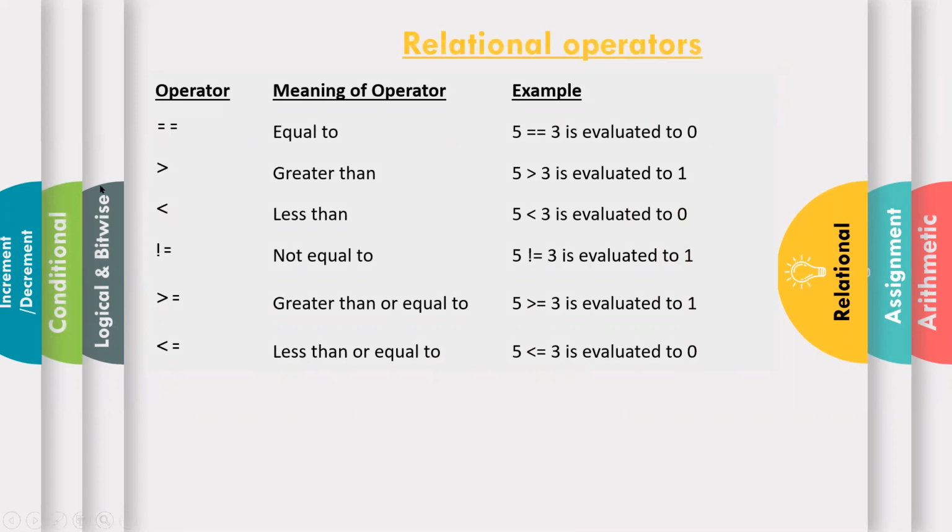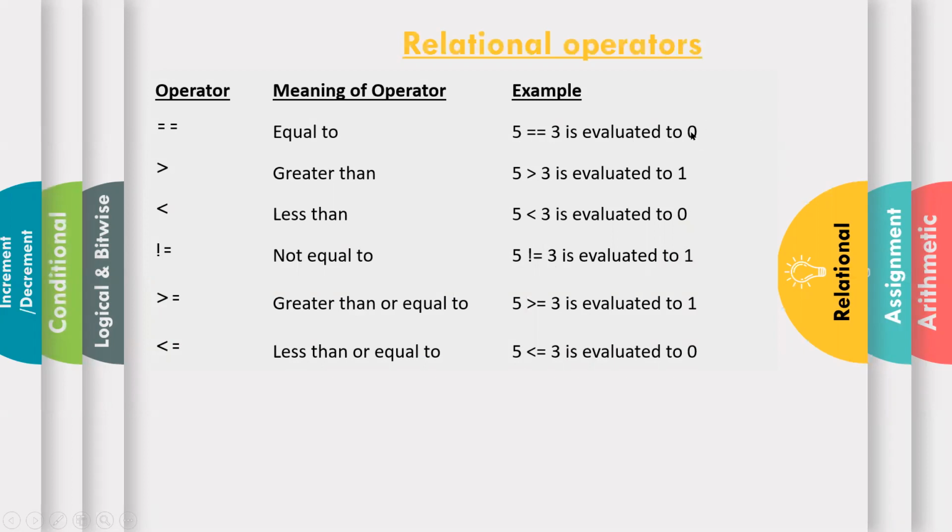And the remaining operators you know: less than or equal to, greater than or equal to. And this is the not equal to symbol in C language. And here, what is this double equal to? For example, A value is 5 and B value is 3. 5 double equal to 3 means it checks whether the left-hand side value and right-hand side value are equal or not. If both are equal, the output is true. True indicates 1. But here 5 and 3 are not equal.